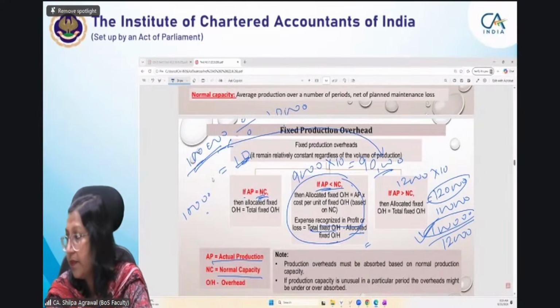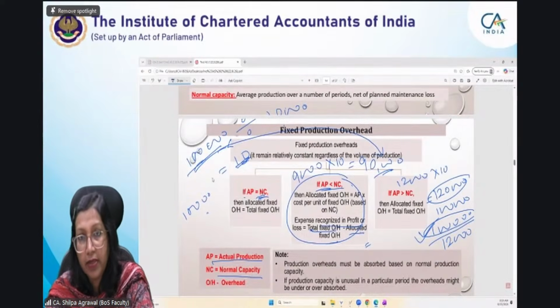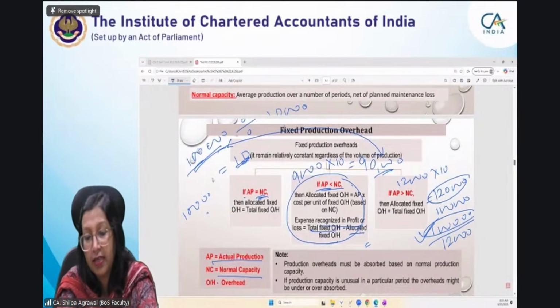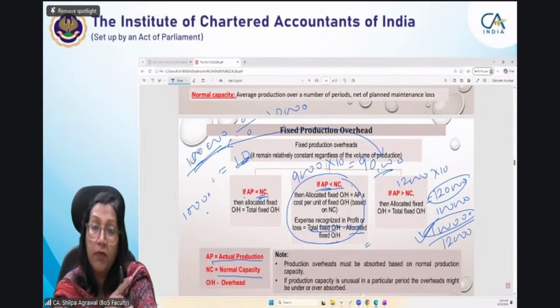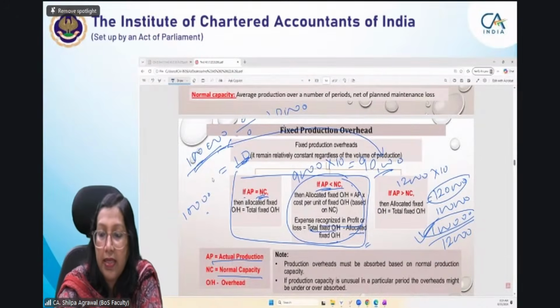8.33. Okay, good, Aditi. So here per unit fixed overhead in case when actual production is more will be 8.3. तो आपकी per unit cost reduce हो जाएगी. बाकी दो cases में per unit cost same रहेगी. In other two cases your per unit cost will be same, but your allocation will be based on your normal capacity. So normal capacity सिर्फ इन दोनों वाले blocks में ही काम आएगी और किसी में नहीं आएगी.